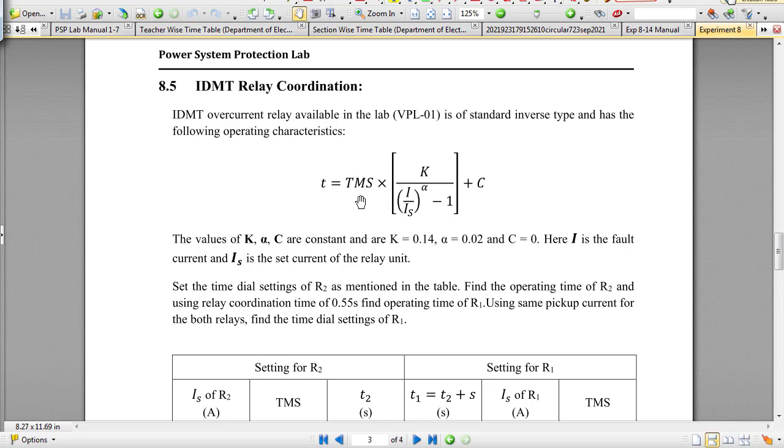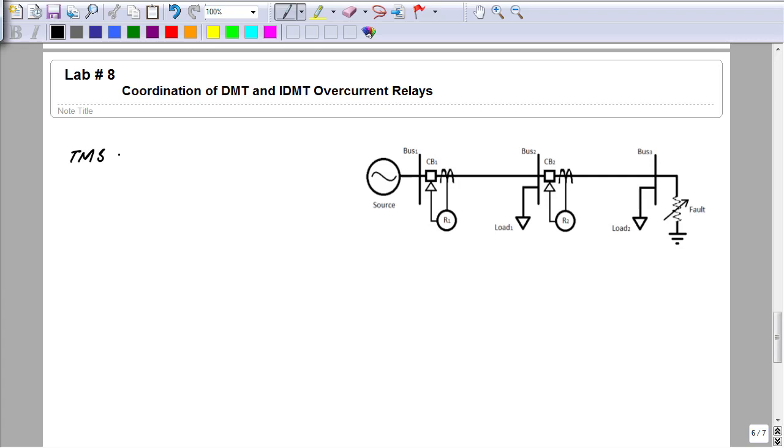Let's solve this equation for TMS. TMS is given as operating time multiplied by this factor, which is (I operating over I set current) raised to power 0.02 minus 1, divided by 0.14. If we keep this time constant, let's see how the increase or decrease in this I set is going to impact the TMS.